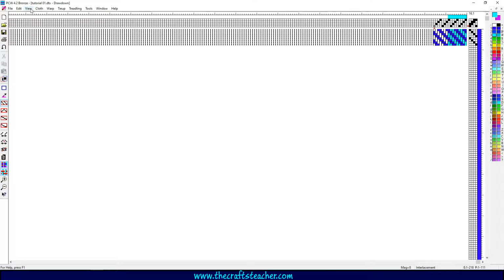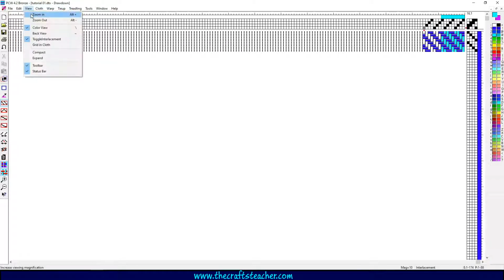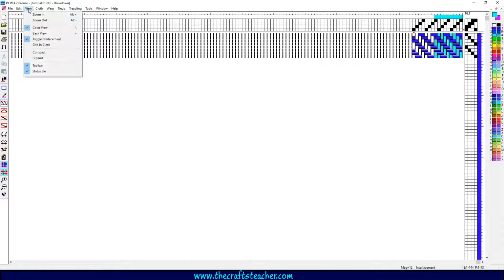And of course, you can also do this through the view menu. You can see here zoom in, zoom out. I must say that I never use it this way. What I have taught myself is to use this combination, because I zoom in and out a lot, and then it's much easier to remember this. And here you see you have to do Alt and plus.